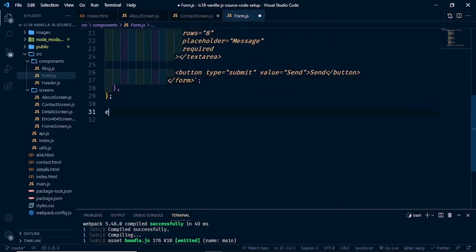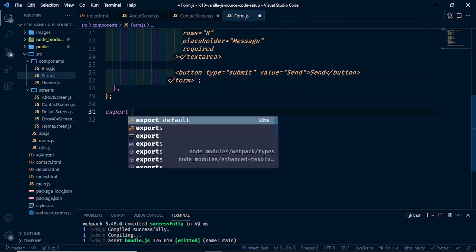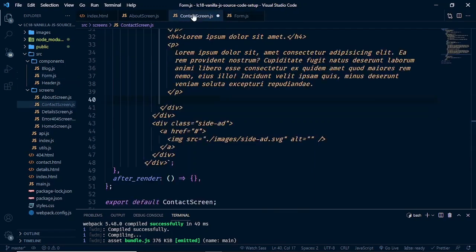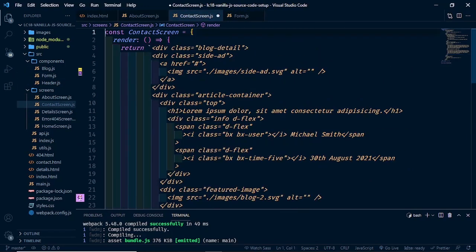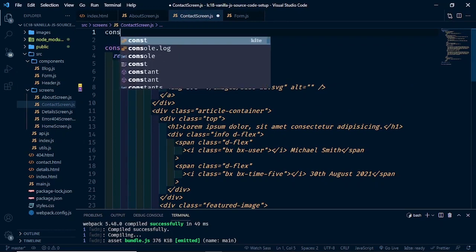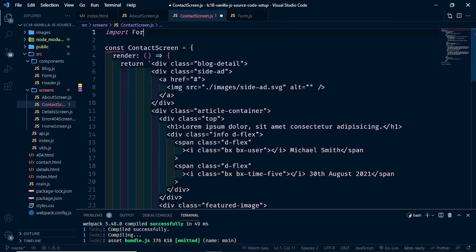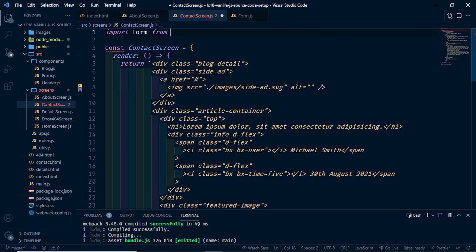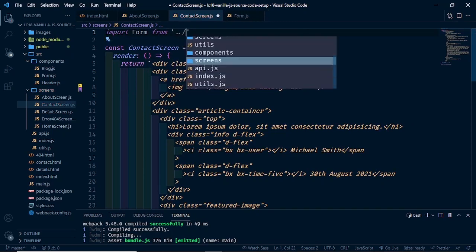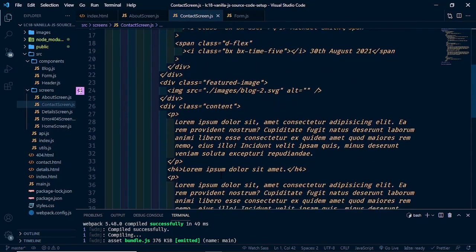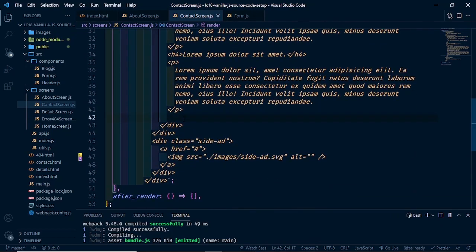So export default should be form. Then let's go to the contact screen and import that. Import form from components, let's look for form, so form.js. Then where we actually cut it from, we are simply going to say form.render, and